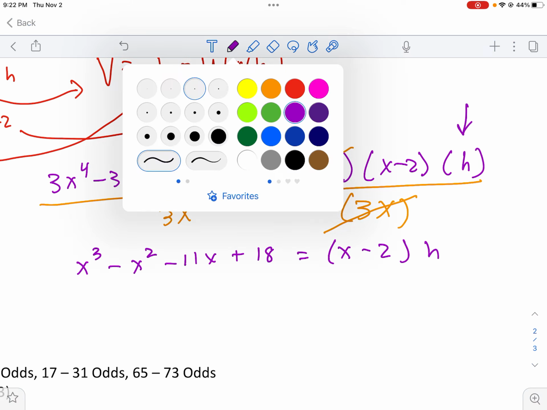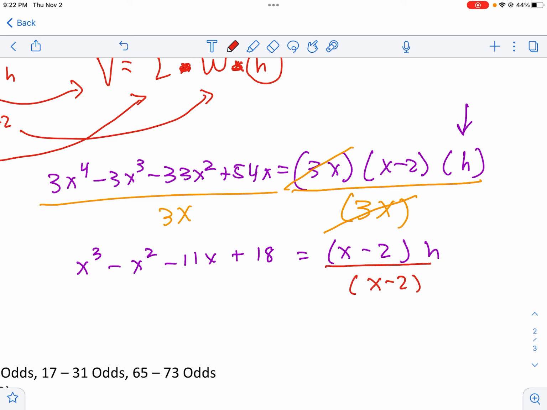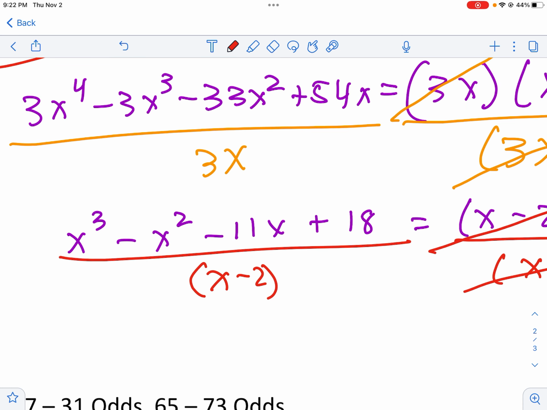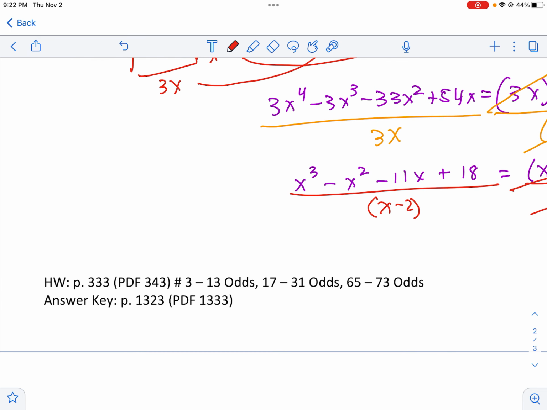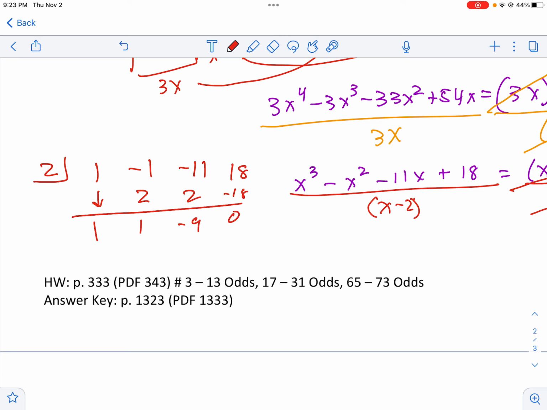And we just got to do it again. Now I got to get rid of this x minus 2. You cannot just cancel it. Please don't do that. This is just a synthetic division problem. So negative 2 there, so it's going to be 2, 1, negative 1, negative 11, 18. Synthetic division this real quick. 2, 1, 2, negative 9, negative 18, 0. So this is x squared plus 1x minus 9. That is equal to your